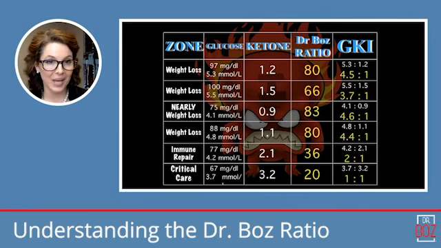When I wrote the book, Any Way You Can, that book was specifically addressing my mother's journey. We had never been on a ketogenic diet. I was learning it and teaching her as fast as we could. I wrote notes and turned those notes into a book. My source material came from Thomas Seyfried in his book, Cancer, a Metabolic Disease. I'm going to show you how they came up with the GKI and where the Dr. Boz ratio fits in correlation with that and why we use it.